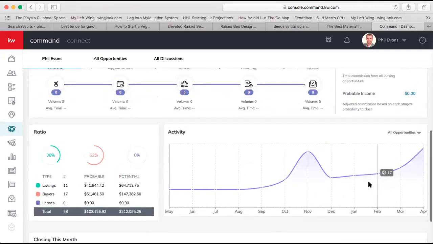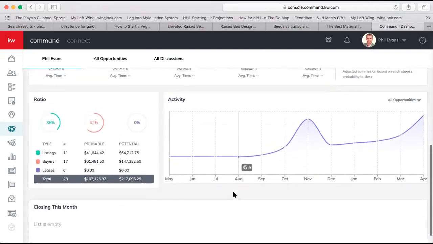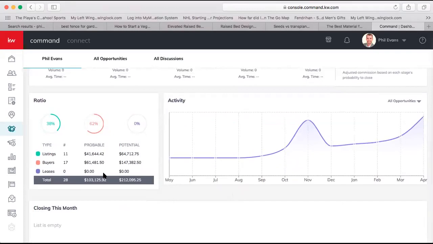Command. The other thing down here, if you scroll down your homepage a little bit, and this was really shocking to me, this was a good eye-opener. I thought that I was primarily a buyer's agent. I was always working with buyers, and if someone had asked me, I would have said that 9 out of 10 of my clients are buyers. Turns out almost 40% of my business is listings. So I do a lot more on the listing side than I actually give myself credit for, and I wouldn't have necessarily seen these two numbers, 38 and 62%, had I not had all my opportunities